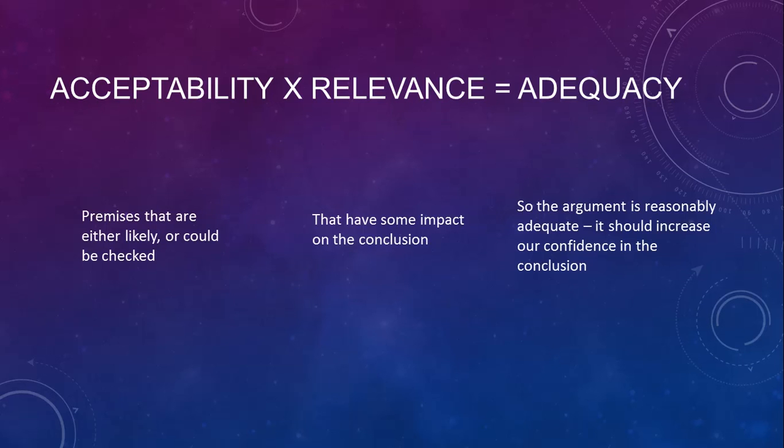And if it's not clear how strong a conclusion somebody's trying to draw, then it's not going to be clear how adequate a given set of premises are, right? So a very strong conclusion needs very acceptable and relevant premises to establish it. Whereas if it's a very weak conclusion, then you don't need as much evidence to produce an adequate argument. So I thought "some birds dance" was a really weak conclusion that would be easy to establish with arguments. Clearly there was disagreement about that, but you get the idea, right?